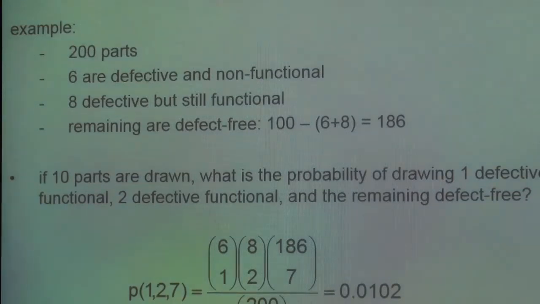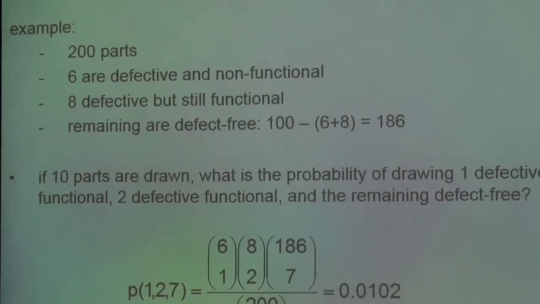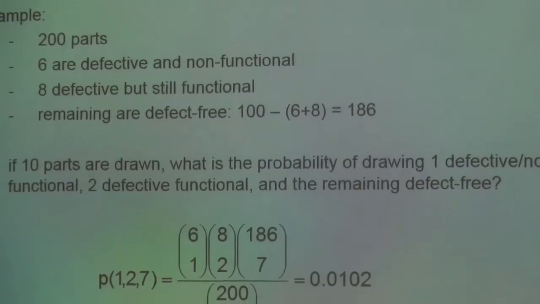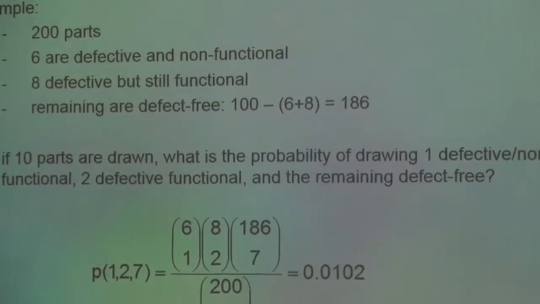I'm sorry, 200 parts. 6 of those 200 parts are defective and non-functional. 8 of them are defective but still functional. They have some sort of an imperfection, but they still work. And the remaining 186 have no defect whatsoever and they're fully functional. So, if I want to know what the probability is of drawing 1 defective non-functional, 2 defective functional, and the